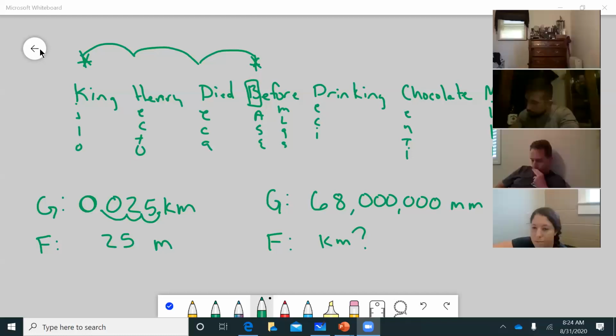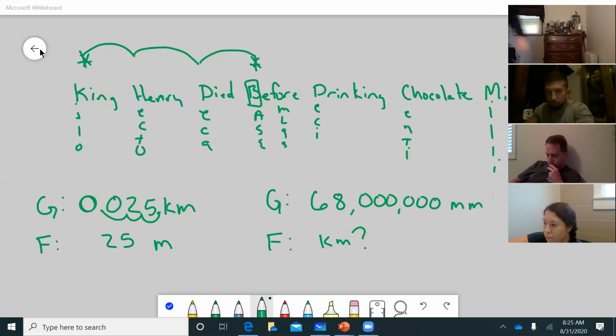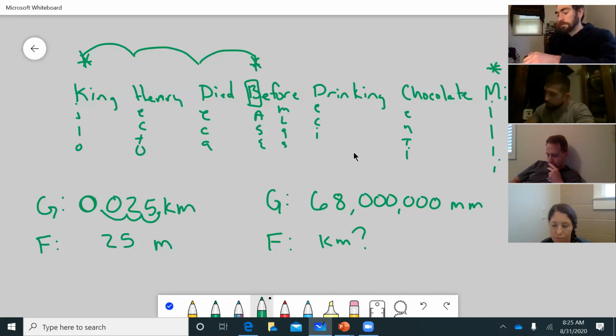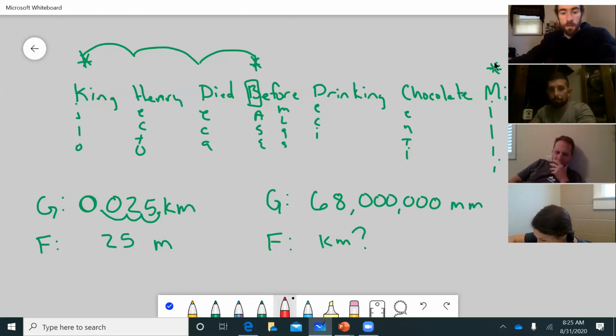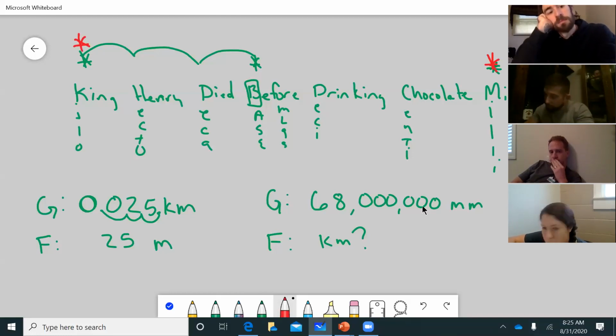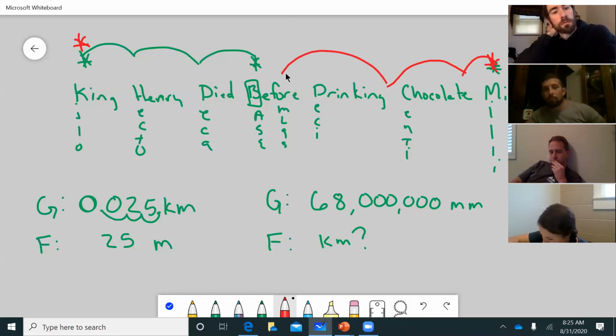Right, so hopefully that didn't take too long because you have this nifty King Henry. We're starting with a millimeter, which lives over here. We want to go to a kilometer, over here. So I've got to do quite a few hops: 1, 2, 3, don't forget the base, 4, 5,